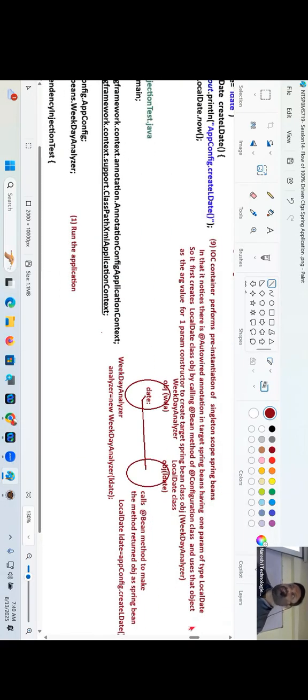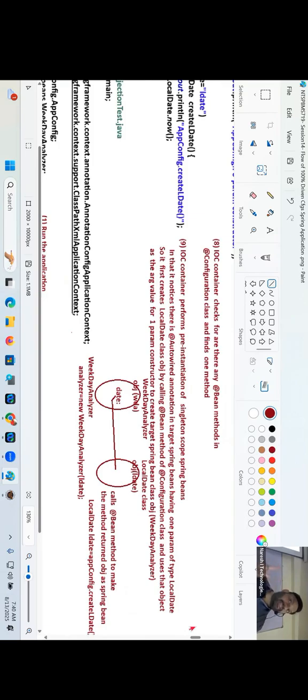What analyzer, guys? Weekday analyzer. So in this process, is this injected with this property or not? Definitely injected with this property. I hope you are convinced with this, guys. In setter injection, first target, then dependent. Field injection also first target, then dependent. Arbitrary method injection also first target, then dependent. Only in constructor injection,